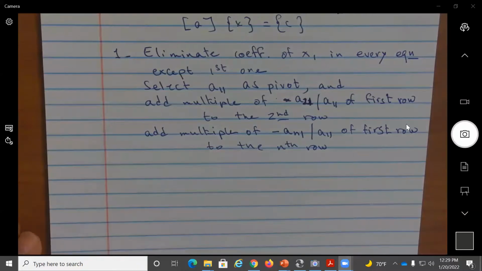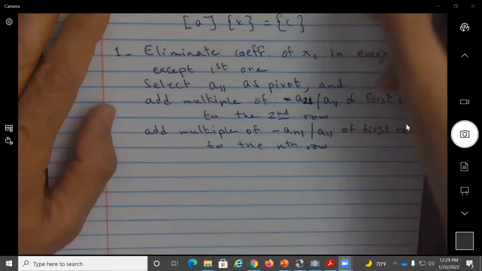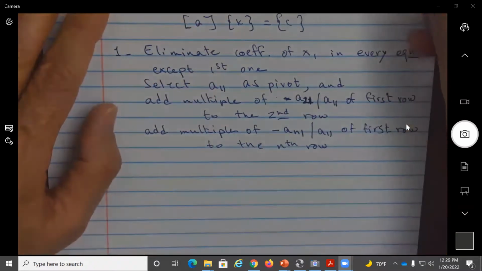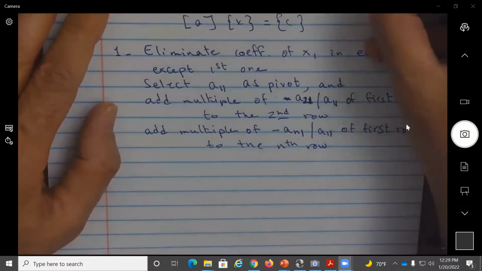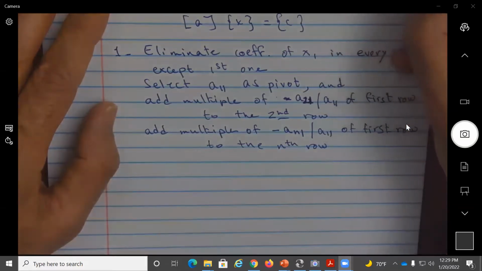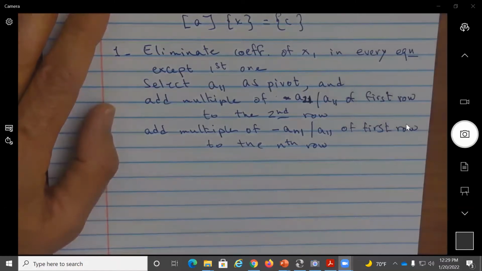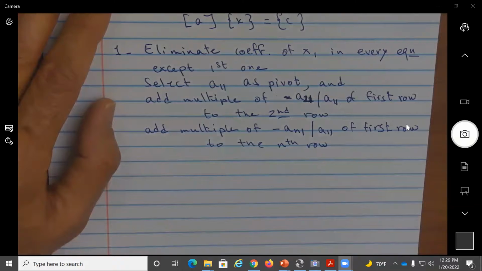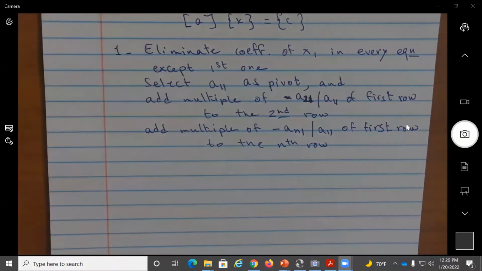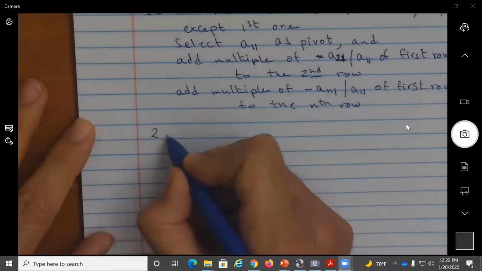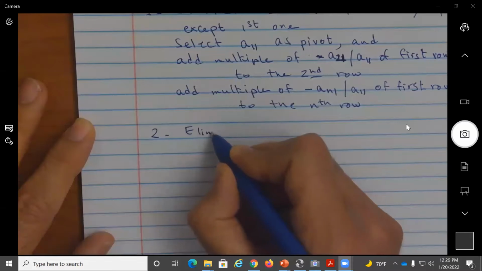Then I'm going to move to the second column. Now for the second column, my goal is to end up with a triangular matrix, triangularization. So if I'm looking at A, I really want to see diagonal coefficients at the top, but everywhere else I want to see zeros, something like this. So you make x2 the pivot. Very good. In the next step, we're going to eliminate